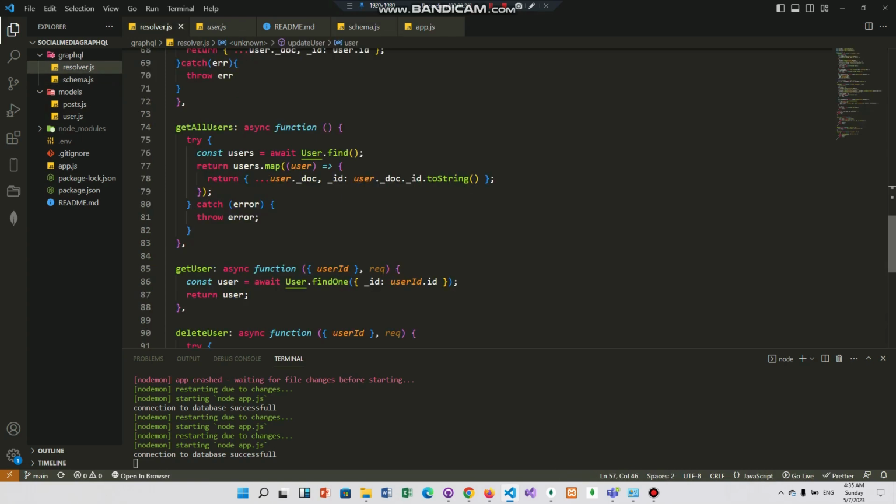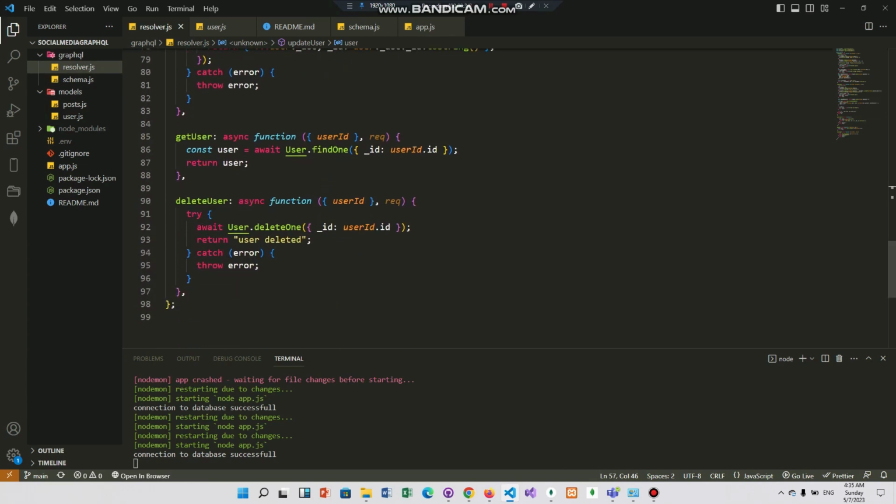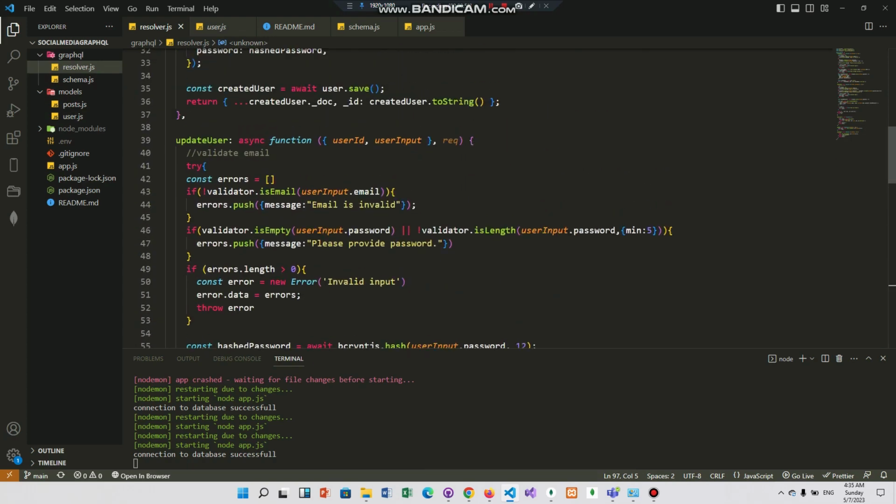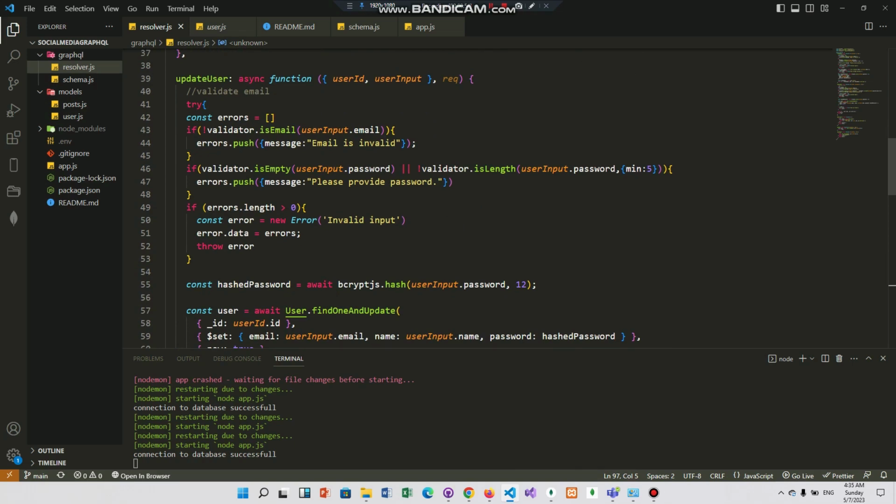Then if you go to my resolvers, you see that I have a delete user function, which takes a user ID and deletes that one document, and then it returns a user deleted as a string. It's an async function as well. Then I have update user, which takes an object, and within that object I'm expecting a user ID and a user input. I've also used a try catch